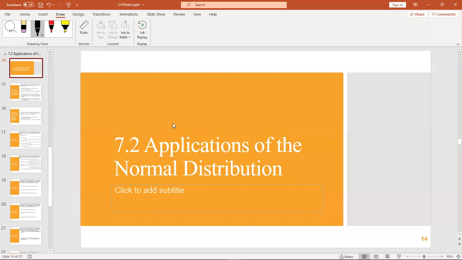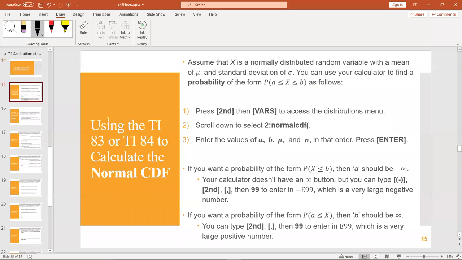Let's continue with 7.2 and the normal distribution. If you have something that's normally distributed, you can use the calculator to find the probability between the values of A and B. This is kind of the same format that we had when it was a uniform distribution, where the equation was much easier. The way to do this,